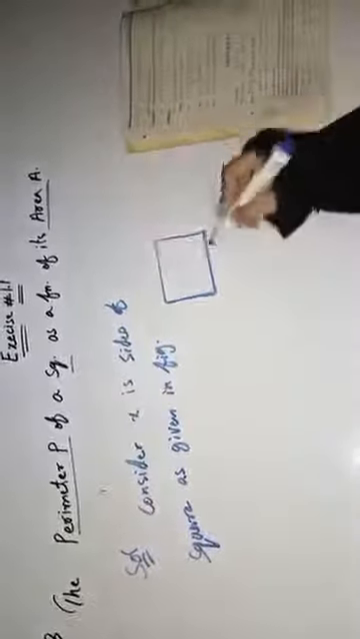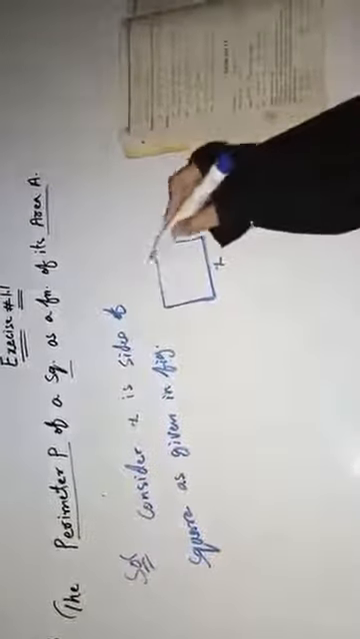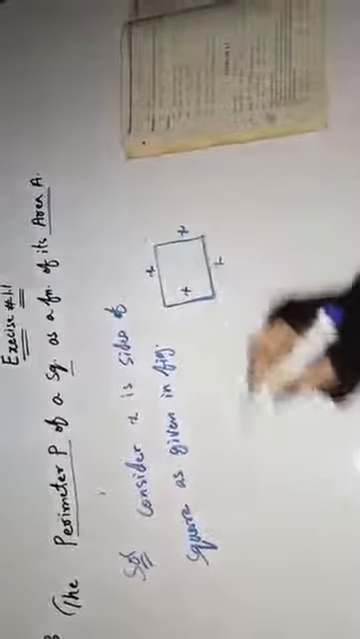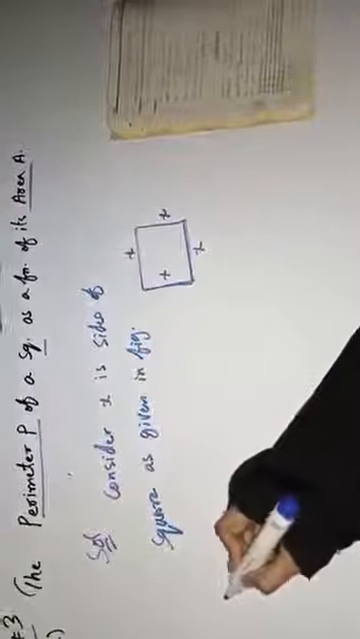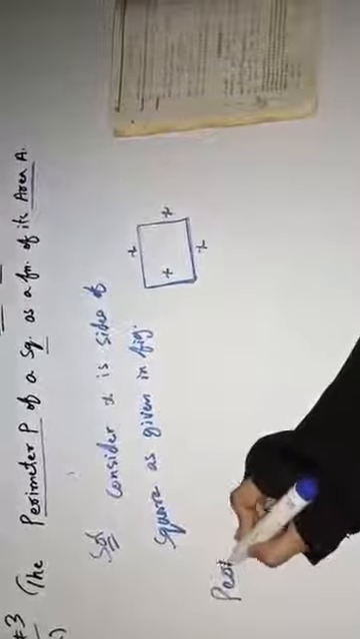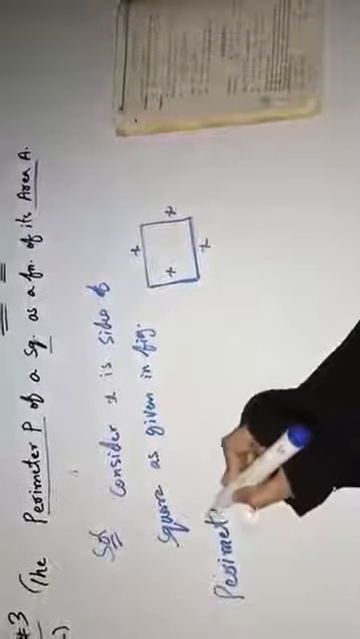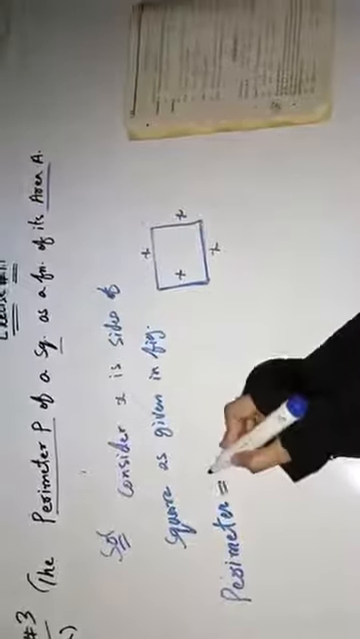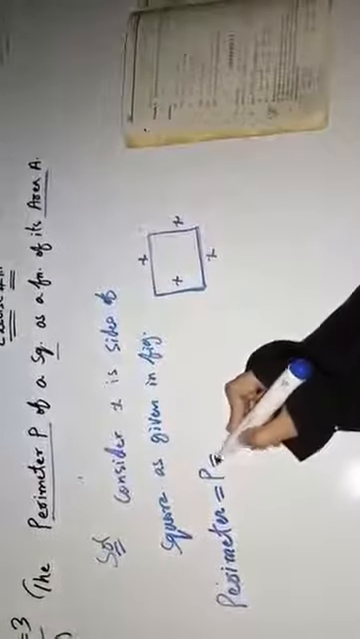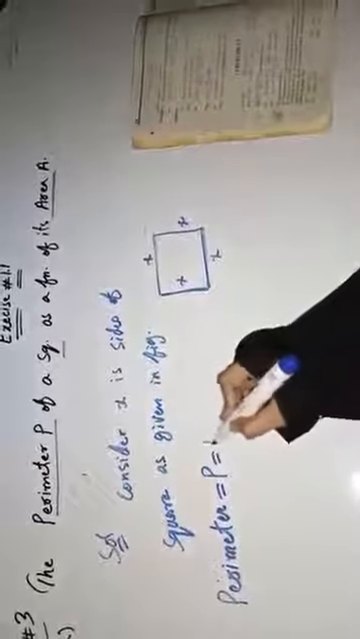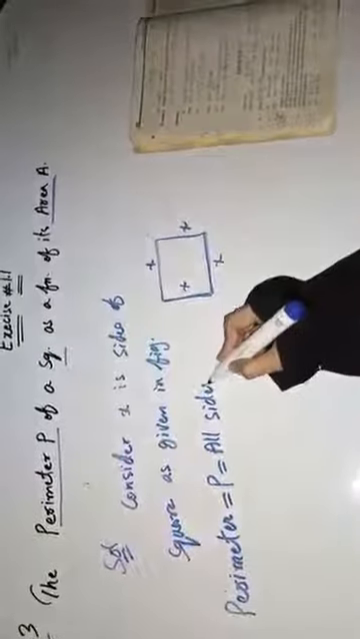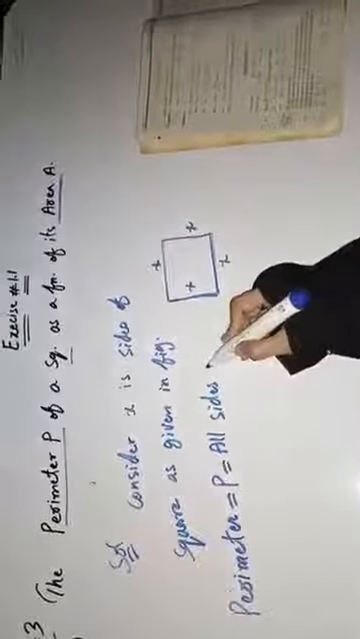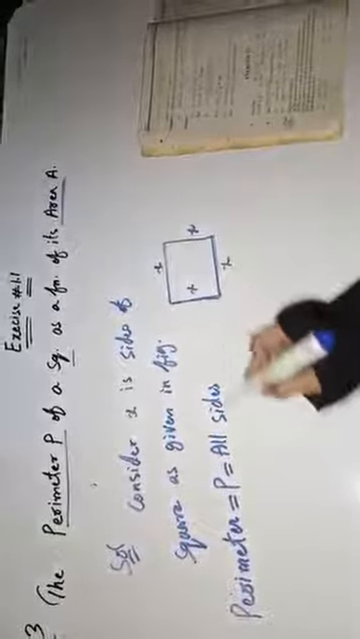Square, all sides are equal, x. So to find the perimeter, first write perimeter. Perimeter is represented by P, and what is the meaning of perimeter? The sum of all sides. So all sides of this square can be written as